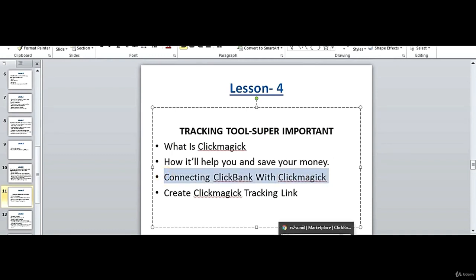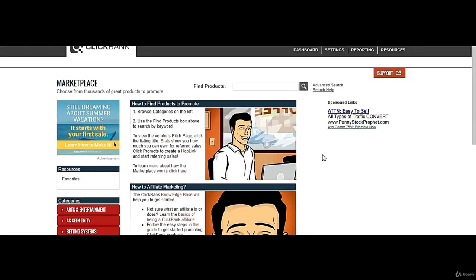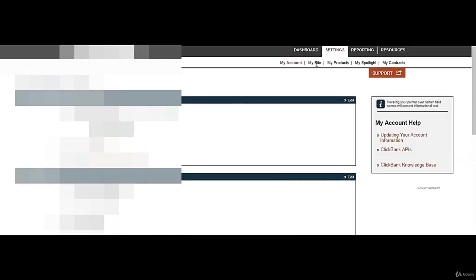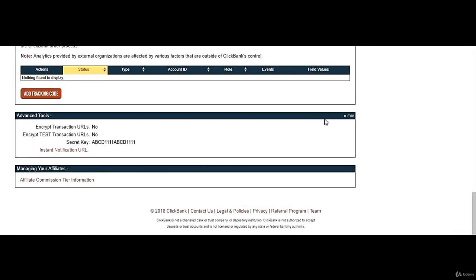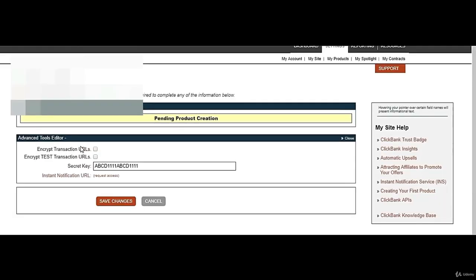So first of all, we go to ClickBank, just log into ClickBank, come to settings, then my site, come at the bottom of the page, advanced tools. I've just created a secret key.